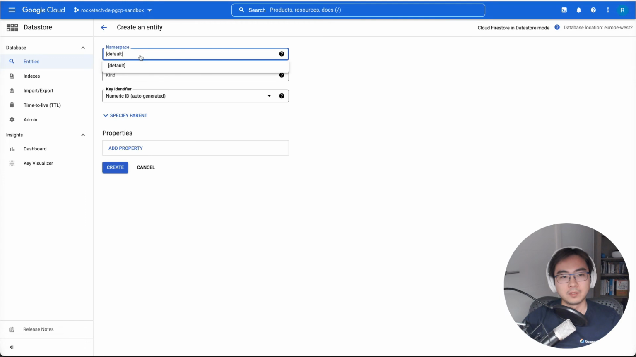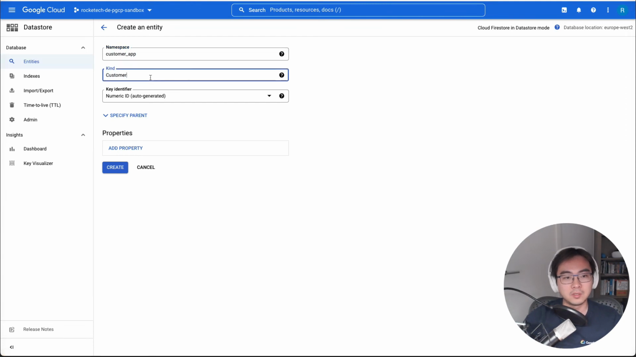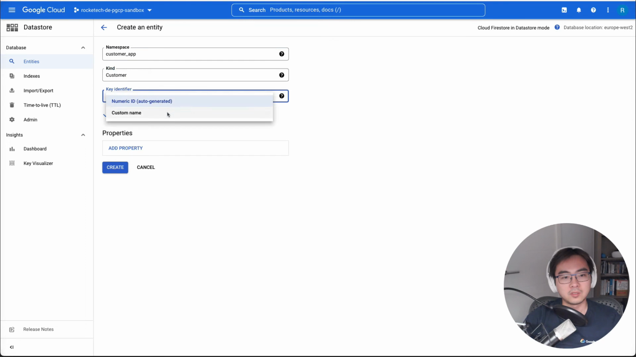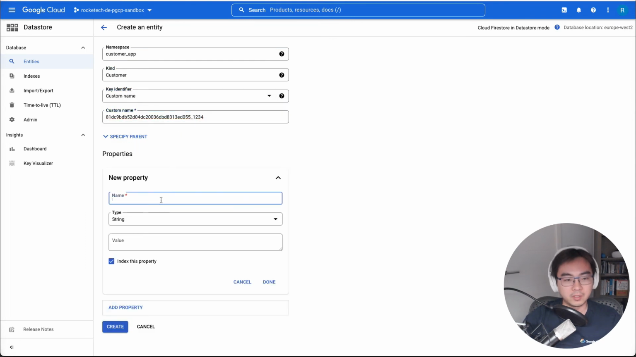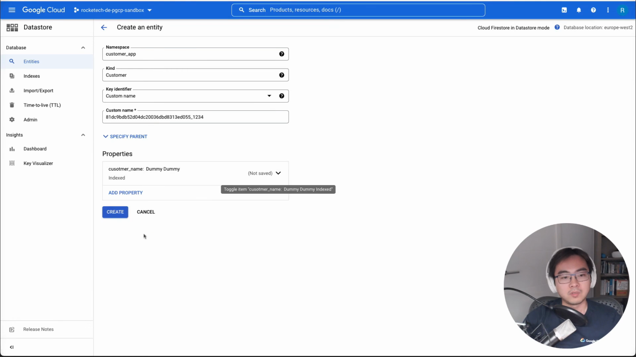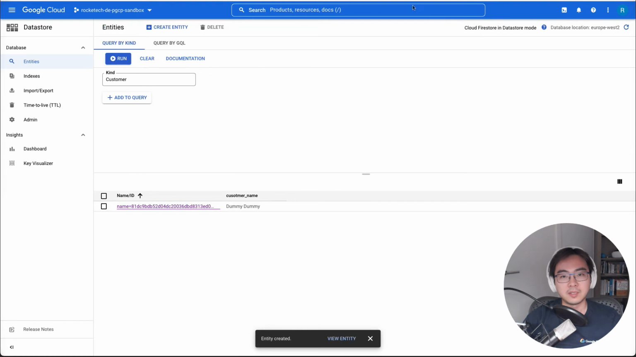The namespace I believe I used is the customer app. The kind is the customer, and in the case of the name or the ID, I'll add a property called customer name, dummy, right? Now I've got this customer here. If I create this again,